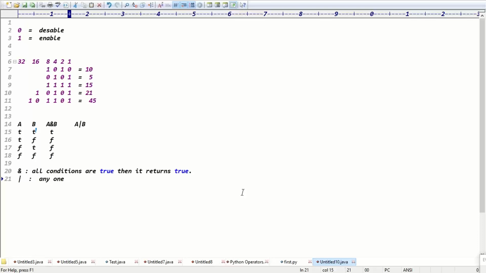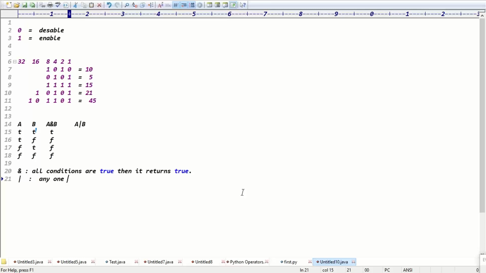See, guys, in some cases I have to satisfy the username and password. Username must be something, your password must be something. Then only I want to give the login success. Then both conditions I have to satisfy, so you can go for the AND operation. OR operation means I want to check either salary should be something, otherwise the status should be something. Anyone is fine. Anyone is fine means you can go for the OR operation, right?